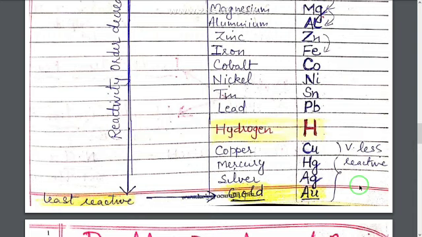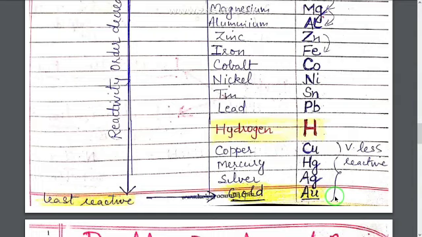Now here the question is asked, why are jewelry items made of copper, silver and gold? Because these metals are least reactive. They come at the bottom of this series, meaning they are least reactive. They do not react with any other element. Neither do they react with water, oxygen or any of the other elements present in the atmosphere. So ornaments or jewelry items are made out of these metals.